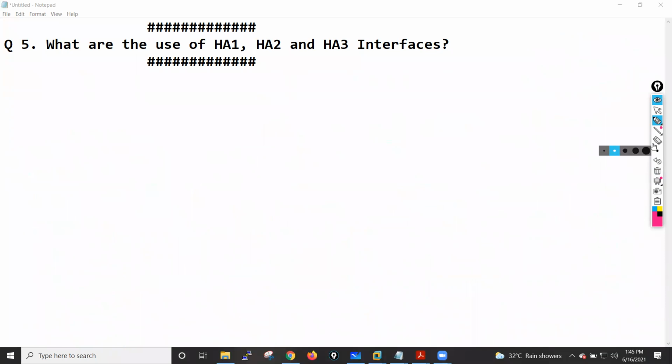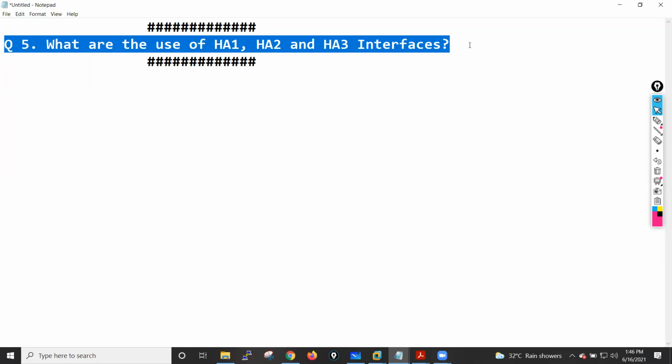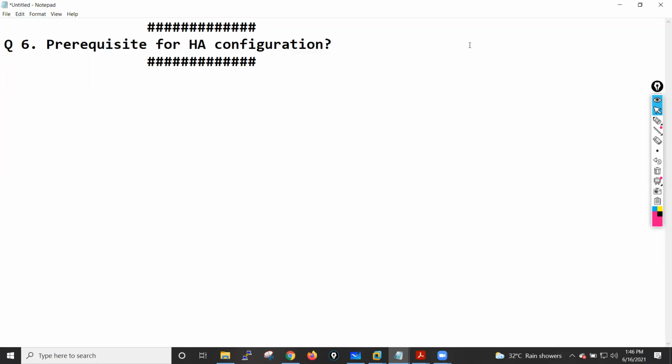Now let me come back to question number 6. Question number 6 is, what is the prerequisite for HA configuration? Generally, if you want to put two devices into an HA pair, there are some prerequisites.